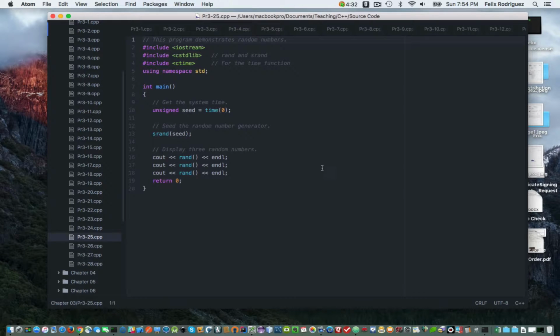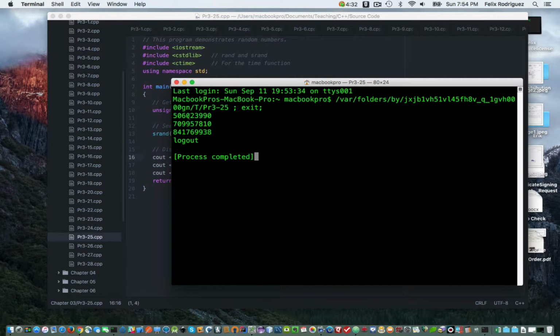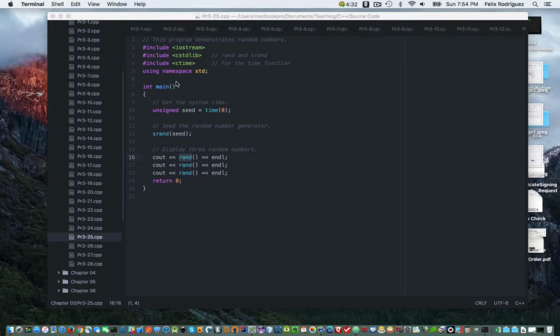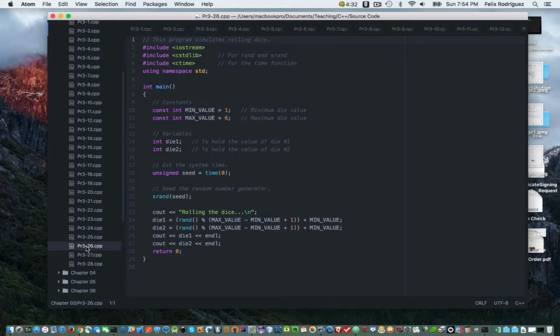Example 3-25 shows the use of a random number generator. Here we're going to seed our random number generator with the system time, and srand seeds the random number generator. Then rand generates the random number. So we go ahead and run this, and you see it does create random numbers, but they're these huge numbers. So the question is, how do you control the range of random numbers if you want to give it a particular range? And that's what we're going to learn in